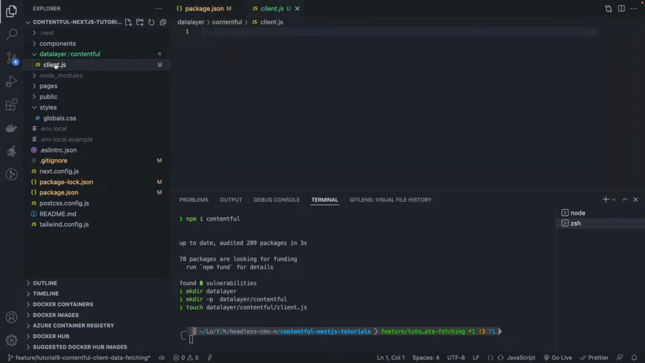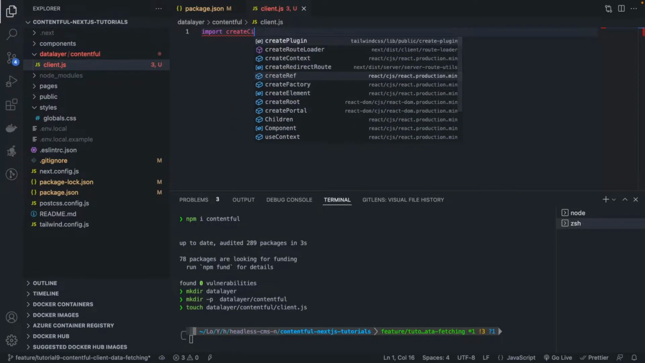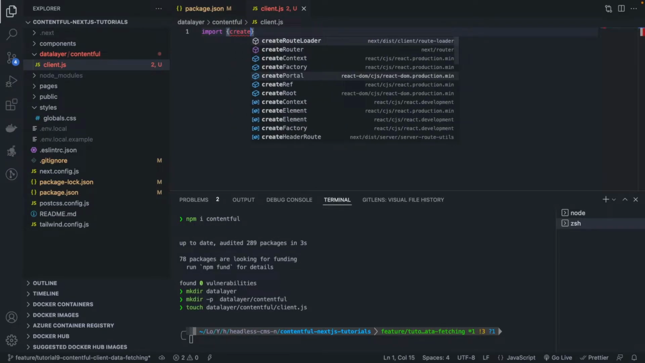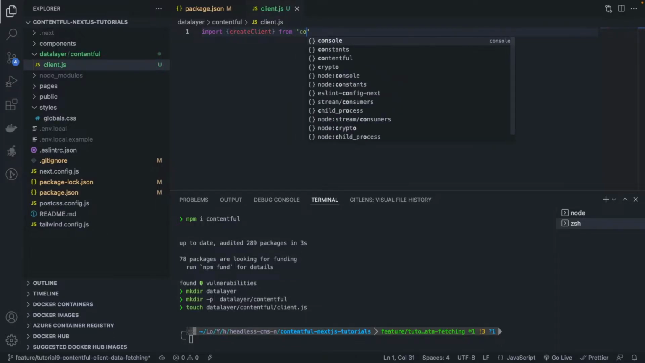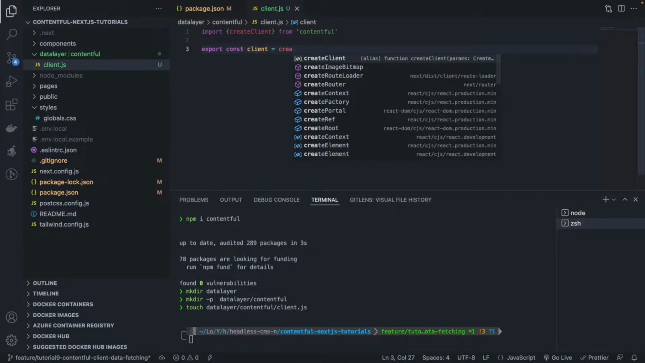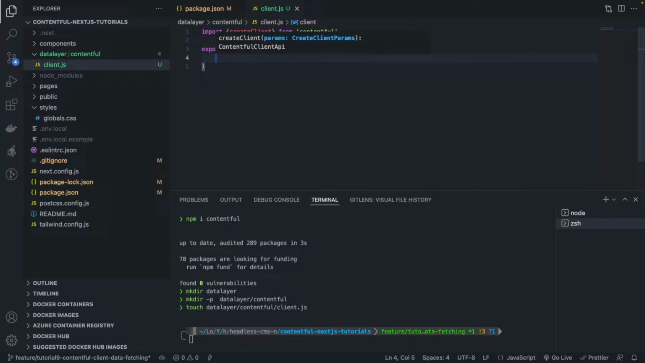Now if we jump inside of this folder, what do we want to do? We want to import a function from the npm package that we just installed, which is createClient. Let's do it like this. I think it's not the default import. import createClient from contentful, voila. And we want to export the client. export const client equals createClient. Okay, and what this object needs